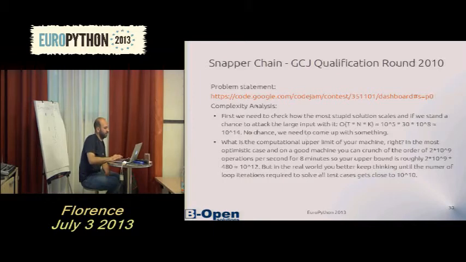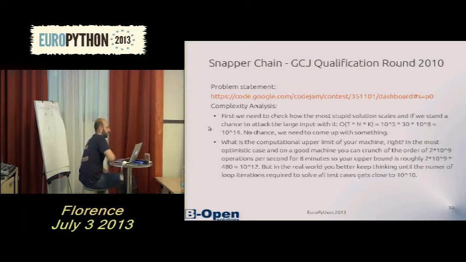What is strange here is that t is very high. It's 10 to the 5. Usually the number of test cases is like 100 or 1,000, but these are 10,000 test cases. And the reason is that you do 10,000 by 30 by 10 to the 8, the maximum number of times that I can do on and off at the plug. You end up with approximately 10 to the 14.